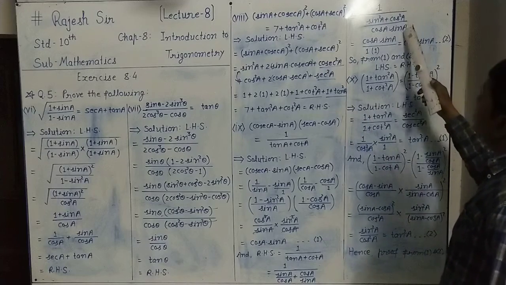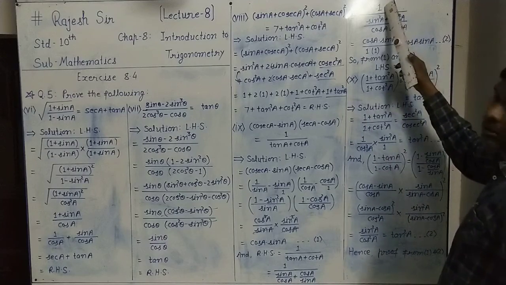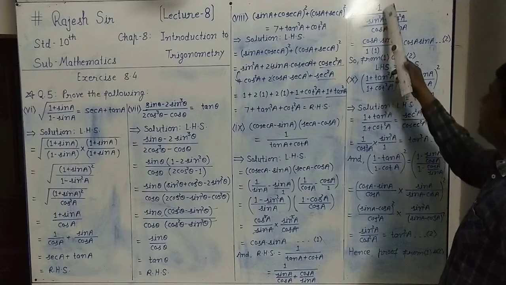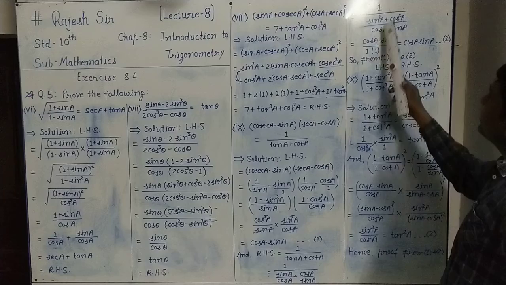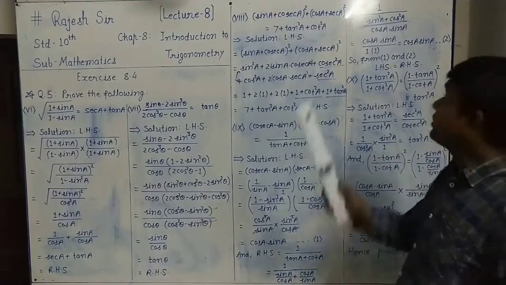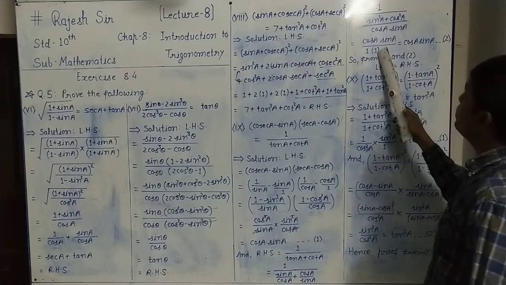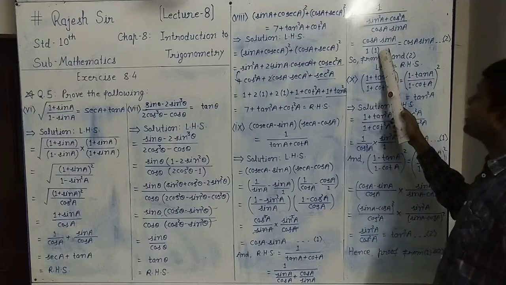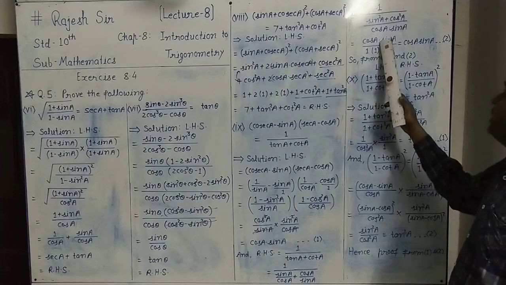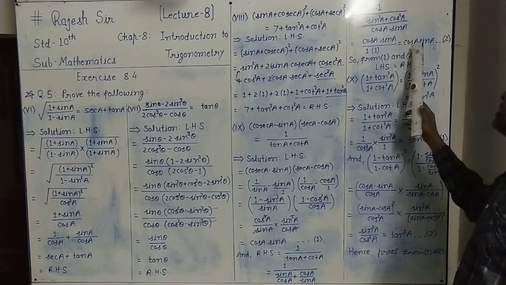So down here, the value cos A into sin A will come up. So cos A into sin A, into cos A into sin A, and this one will be down here, and sin square plus cos square. Sin square A plus cos square A is 1. So this sin square A plus cos square A is also 1 down there in the denominator. So in the denominator 1 into 1 is 1, and in the numerator cos A into sin A. So only cos A into sin A you can write.